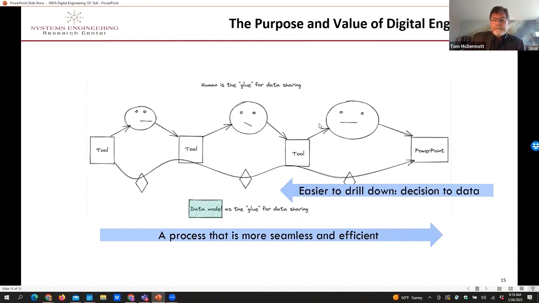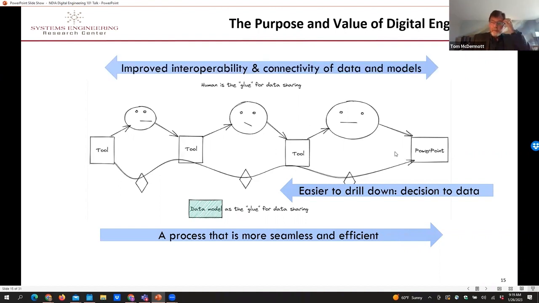And the challenge that we have is interoperability of data and models. And it starts at the data layer, interoperability of data. And so you can see things like libraries of data and models becoming things that we use or starting to use normally. And they're just connected together in different ways. So if you're thinking about implementing digital engineering, you might get focused on buying Cameo or some other tool like this. What you really need to be focused on is how I can make this process more seamless and efficient by connecting things together. And that's where we want to get to in terms of purpose and value.